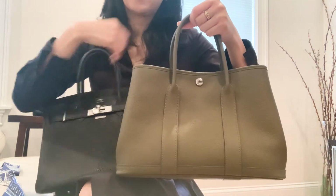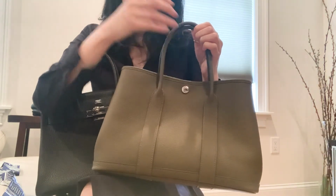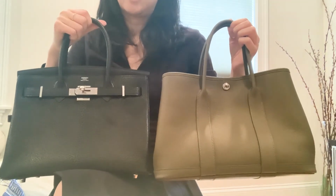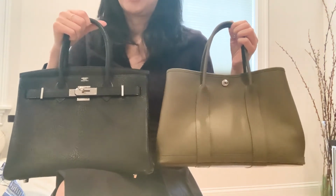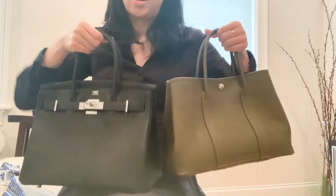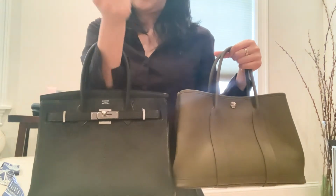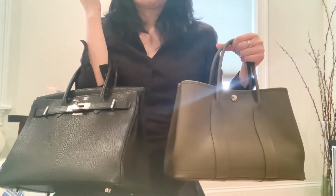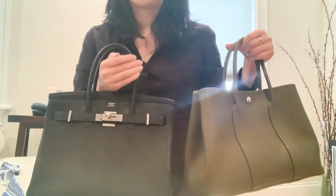Now, I think the handle drop on the Garden Party might even be bigger, like might even be longer than the drop on the Birkin 25. And for the Birkin 25, I feel like that's a notorious issue, that the drop on the handle is quite snug. So for hand carry this way, it's not a problem, but if you're trying to sneak it on the crook of your arm like this, which I honestly would carry these bags 80–90% of the time this way, it's going to be a little bit of a struggle if the